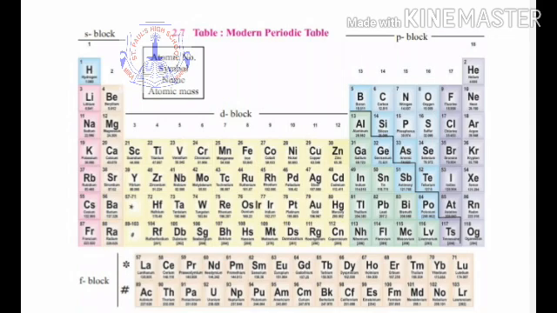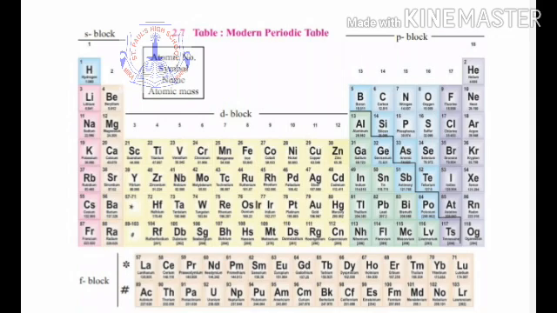Then also remember the 17th group is also very, very important. This is a group of halogens. Okay, fluorine, chlorine, bromine, iodine, astatine. Okay, these halogens are also very, very important non-metals. They are the strongest non-metals actually, halogens. So don't forget the examples of halogens over here. And of course the 18th group, that is the group of noble gases: helium, neon, argon, krypton, xenon, radon. All these are noble gases which occupy the 18th group. So questions normally are based upon these groups in the periodic table.